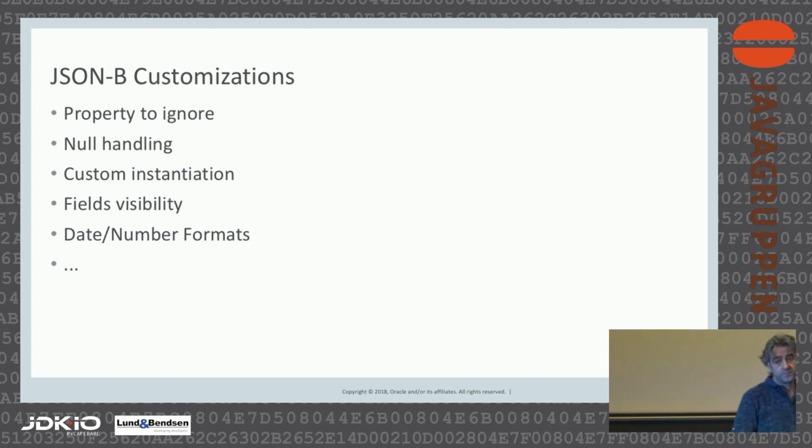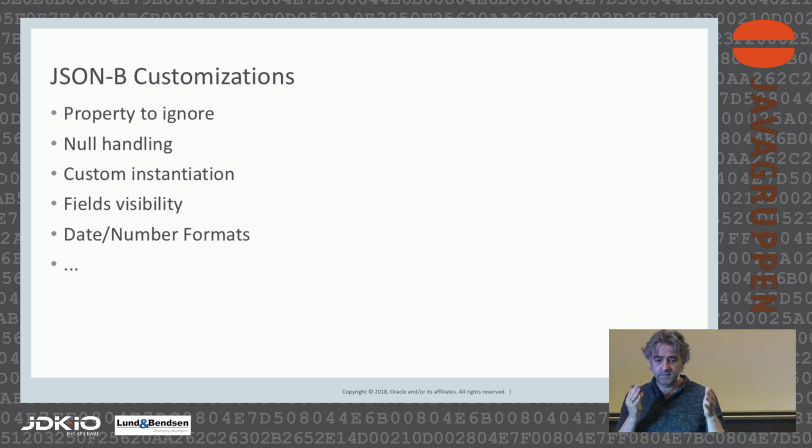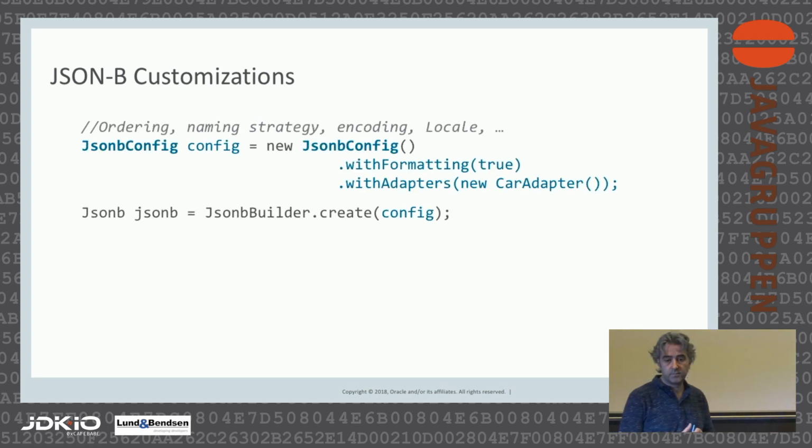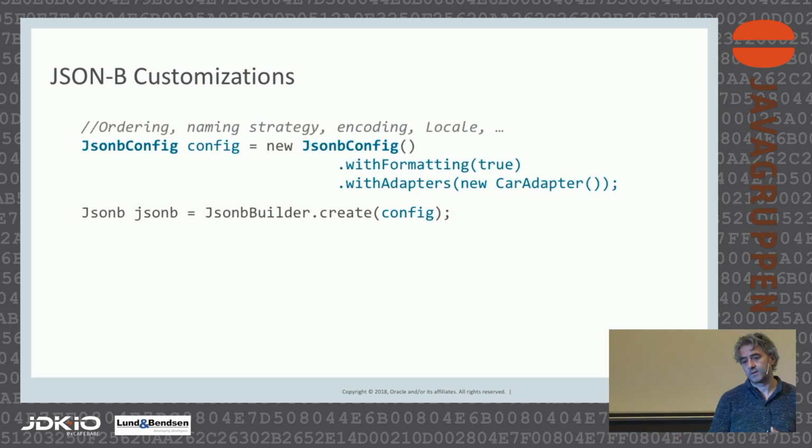Date conversion. On the Java side of the world, we have a lot of ways to represent date and time. On the JSON side, we basically have strings to represent dates and time. So again, this is the default behavior, but you have the ability to override that default behavior. And how would you do that? Well, you would use that new JSONB config object. So basically, you are using that JSONB config object to customize the behavior of the JSONB object. Then when you are creating the JSONB object, so JsonbBuilder create, you pass that config object to basically obtain that customized JSON binding